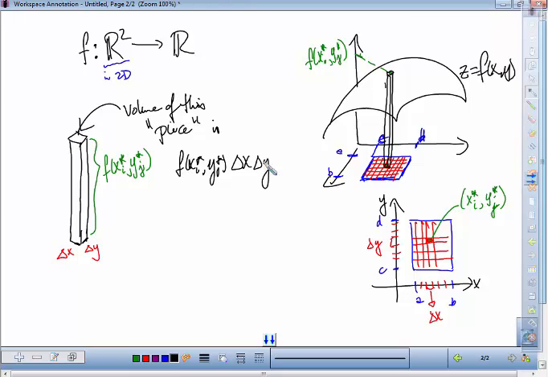Okay? So now we're going to run this delta x through and the delta y through all the possible y values